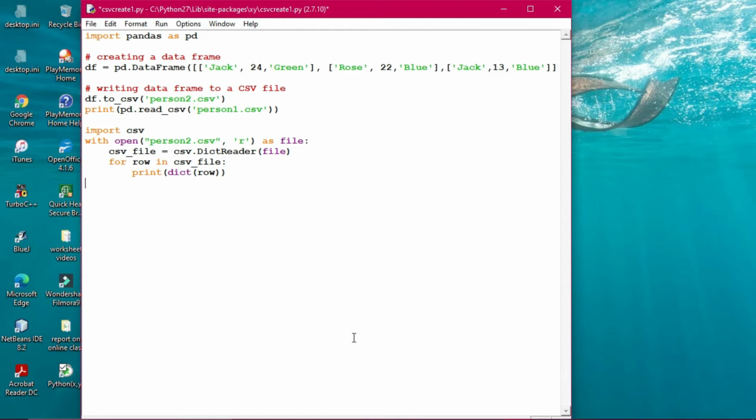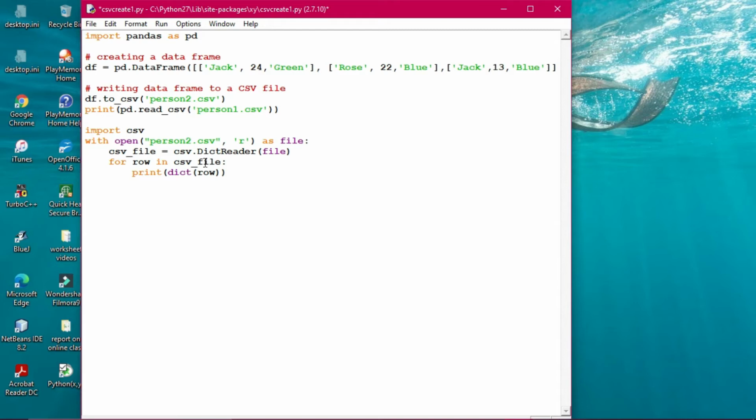Yes. Now here this data frame, we have taken this data frame in the form of a list. Okay, this is the data frame, and we are writing it directly from the data frame. Okay, clear. There we have written it, we have created it from the dictionary. Okay, same thing. The read and write mode, obviously, when you are writing df2 to CSV, it is opened in write mode only. But when you are reading it, that time you have to use import CSV and the DictReader class as such.